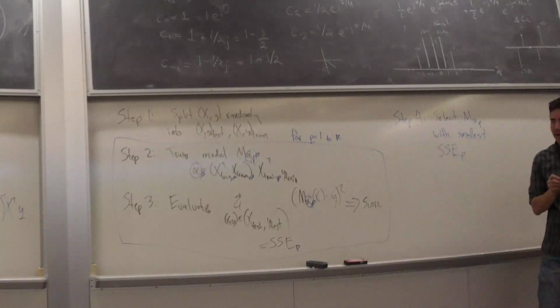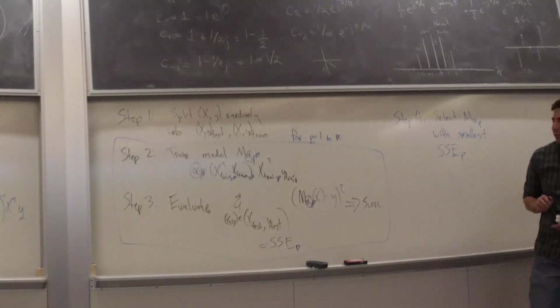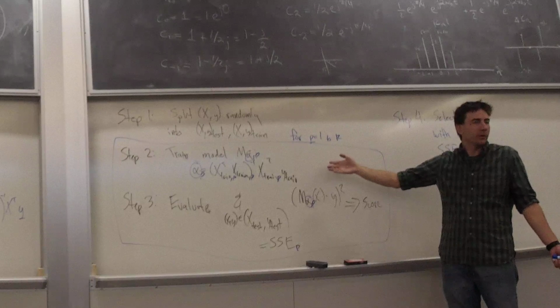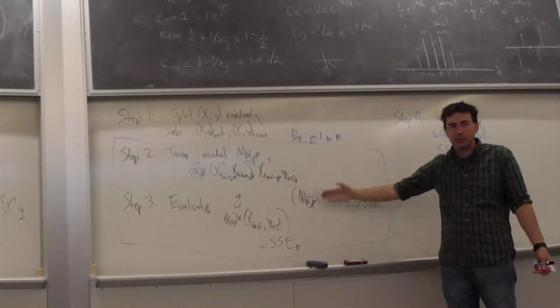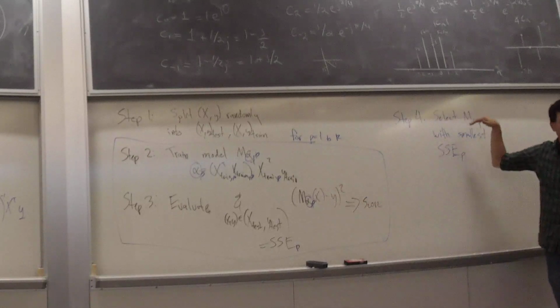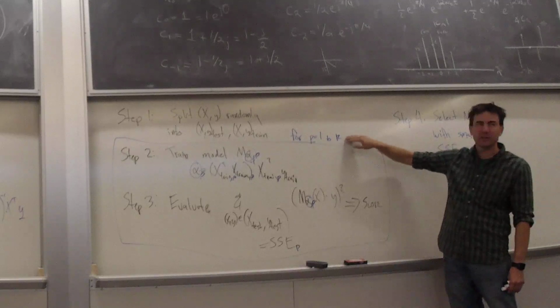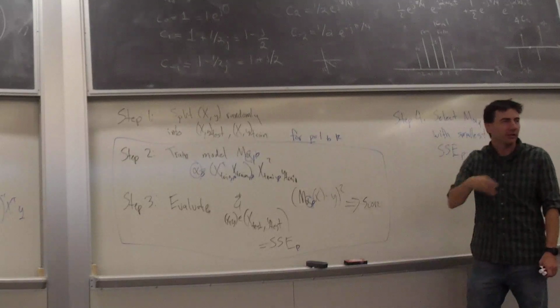up to some choice of k. I don't know what the maximum is, but generally what's going to happen is that the sum of the squared errors is going to start reasonable with p equals 1, then decrease, and then start increasing again. If I make p too big, I'm going to overfit to the data, and my error is going to get worse and worse, actually. And so when I start seeing that, I can stop. So I don't necessarily need to preset this. I can keep searching until